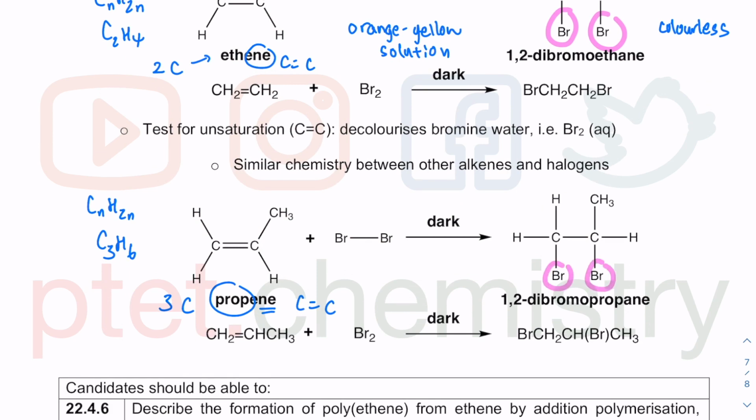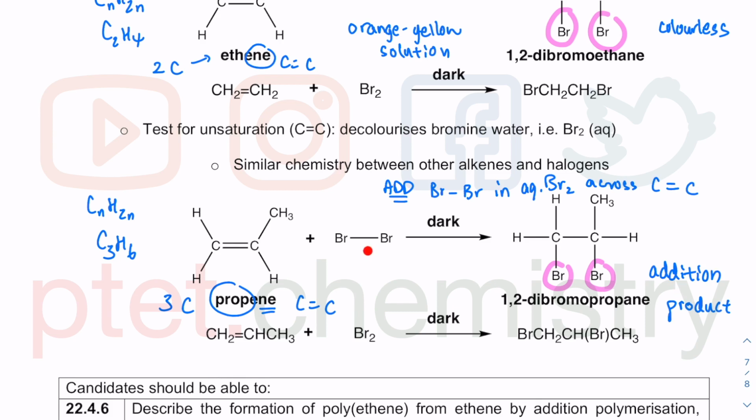As you can see, what you do is you add bromine and bromine. This is in aqueous Br2, molecules dissolved in water, and you add it across the carbon-carbon double bond. This is called an addition product. Why is it an addition product? Because you get it from an addition reaction of a small molecule across the carbon-carbon double bond, and you can do that because you have unsaturated